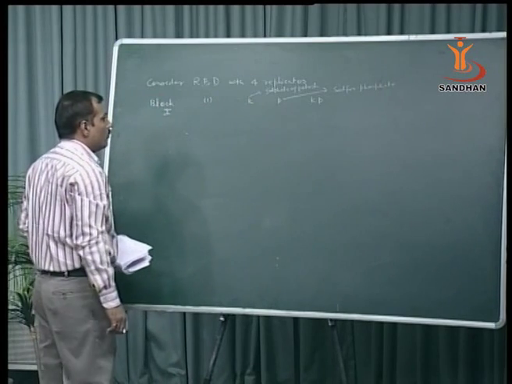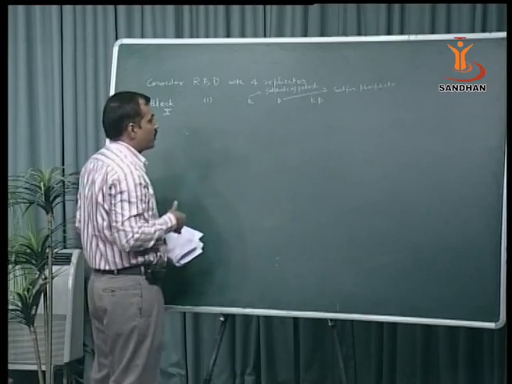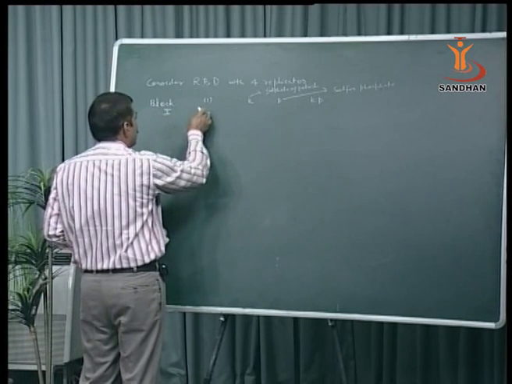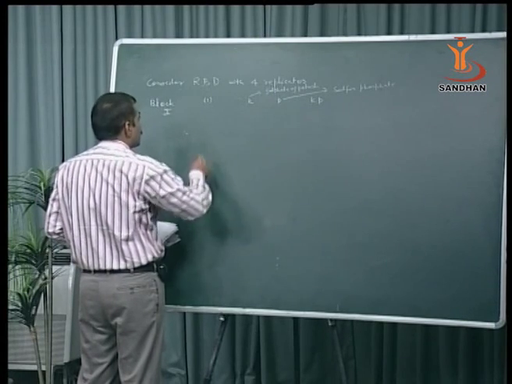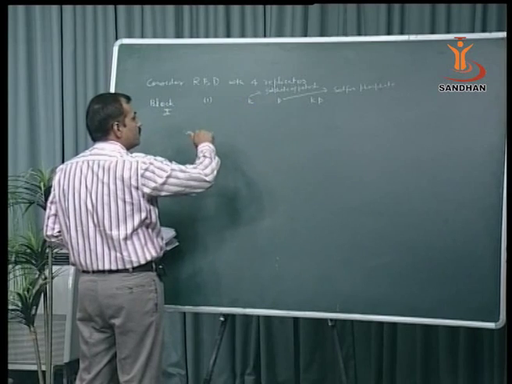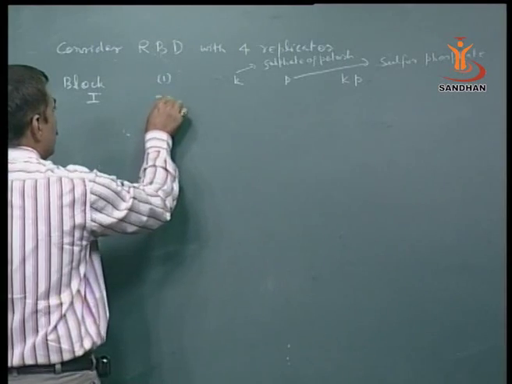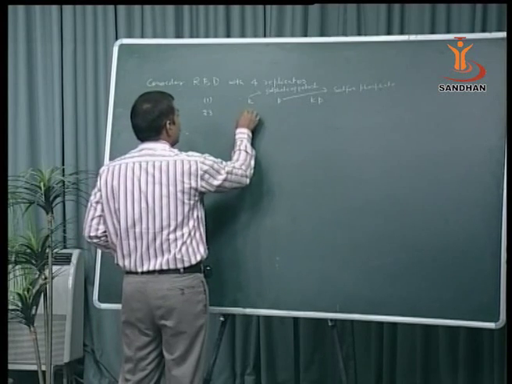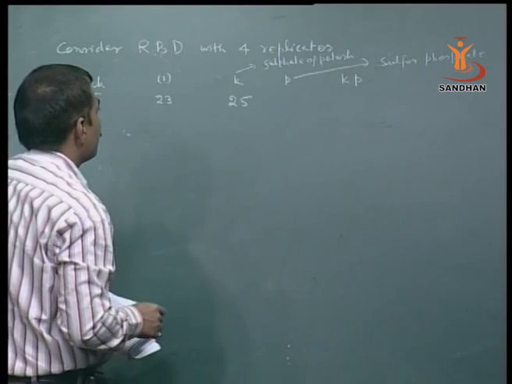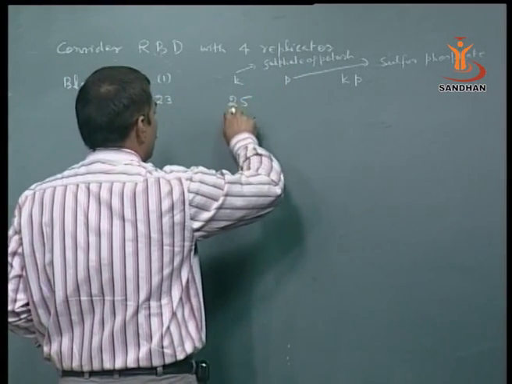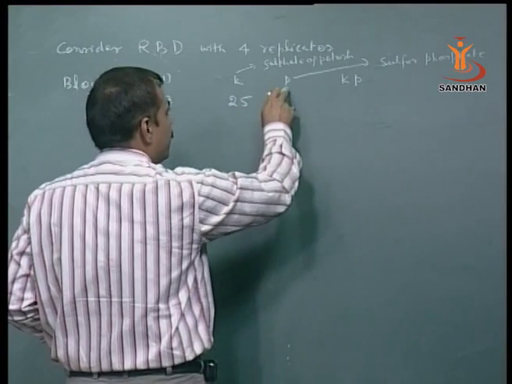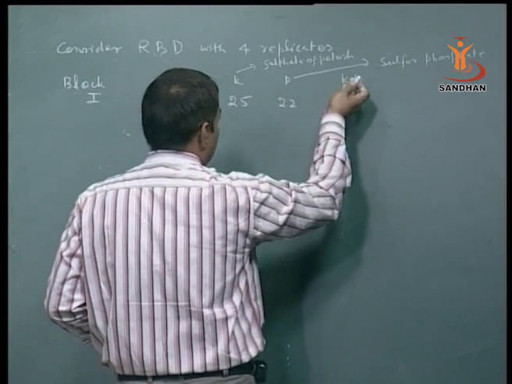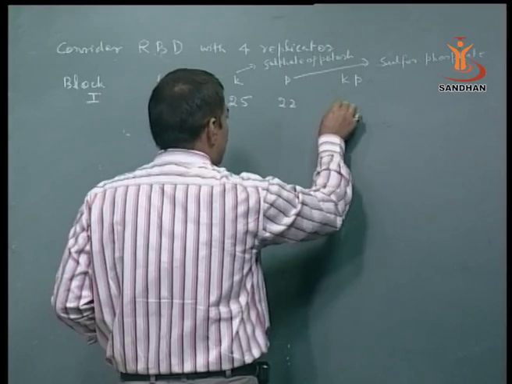Applied at 2 levels, that is 0 and 1, for a potato crop. Now, considering RBD, the yield from first block where sulfate of potash and sulfur phosphate are absent is 23, maybe in kilograms or maybe in different units of weight. Say in block first when we apply only sulfate of potash, the yield comes out as 25, and when we apply only sulfur phosphate, the yield is 22, and when we apply both chemicals, the yield comes out as 38